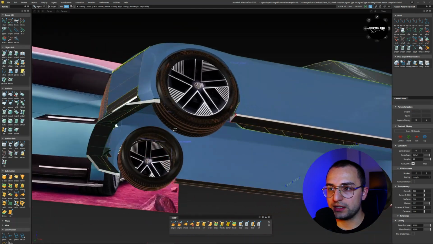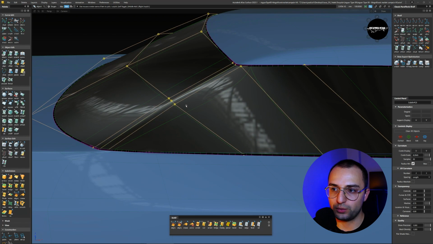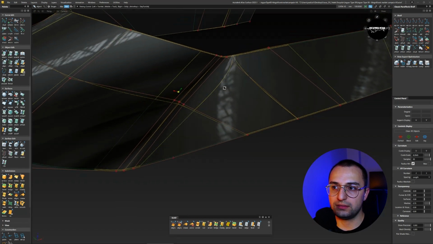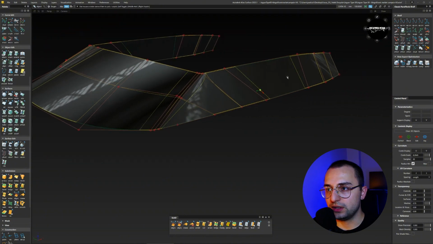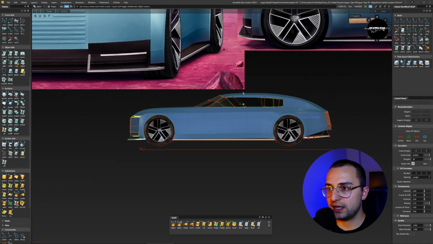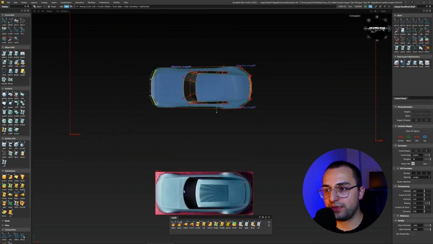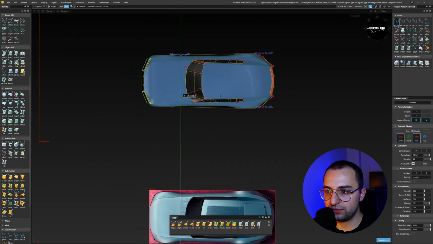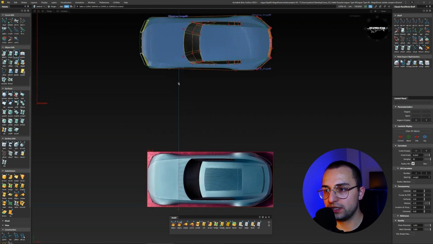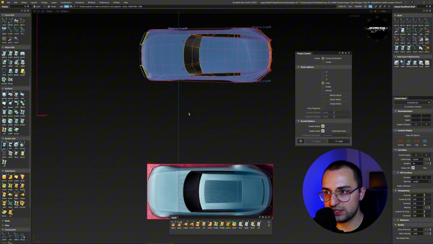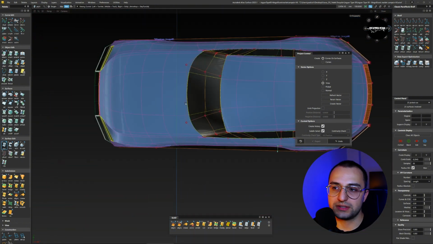So that is why you shouldn't use those tools unless you are satisfied with what you have and you are thinking of wrapping up the model for the rendering phase. Always add the bevels at the end of the modeling part. At this phase I'm thinking, yeah, this is just enough for the model. Let's add the details and the finished looks for the hard edges. So that is why I am adding the bevels, because I'm thinking there is nothing left for me to